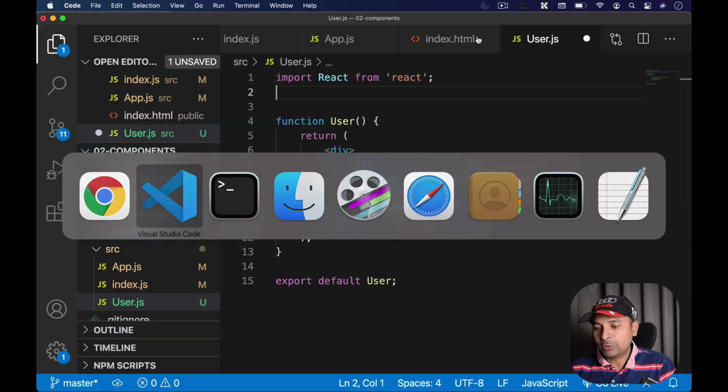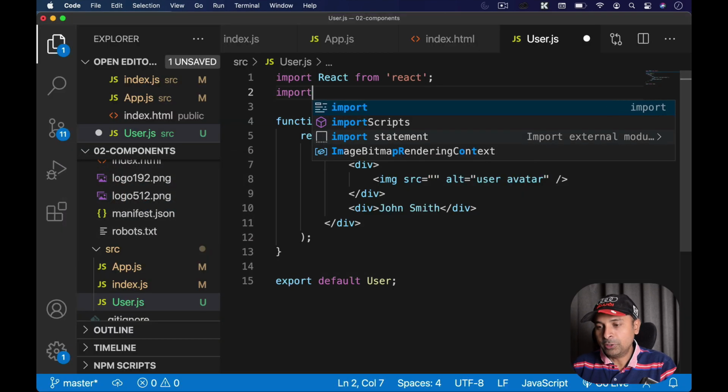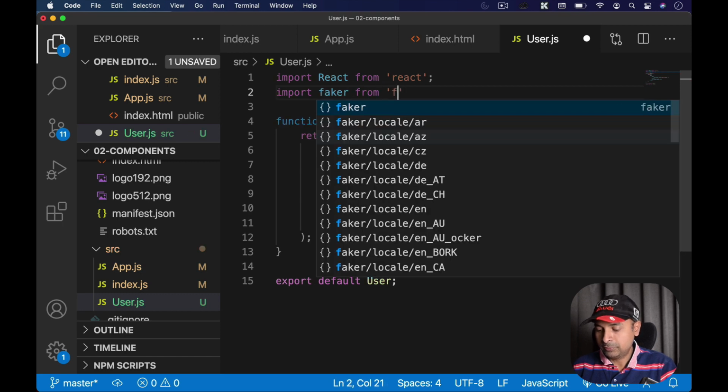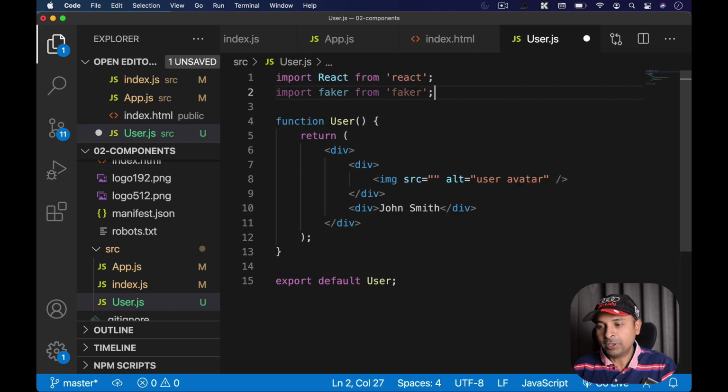I'm going to go back to my code editor and import faker from faker. Really simple. Now I'm going to use this faker object to fake my images. For this source, I'm going to write JavaScript, and how do you write JavaScript in JSX? You need to use curly brackets.